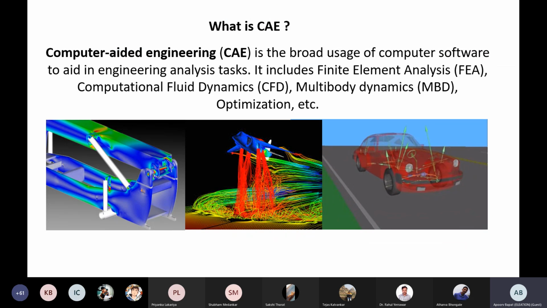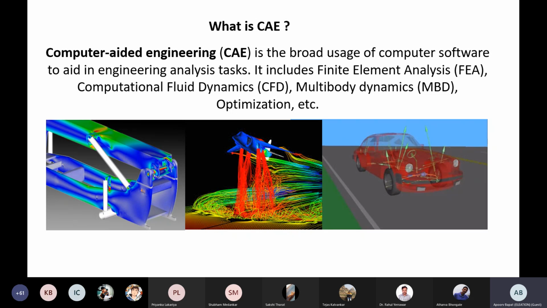This is currently the fourth generation of technology, in which people are using software in CAE to get an optimized design. In the first generation, people used the computer to generate drawings. In the second generation, people used the computer to get the values of stresses and deformation.